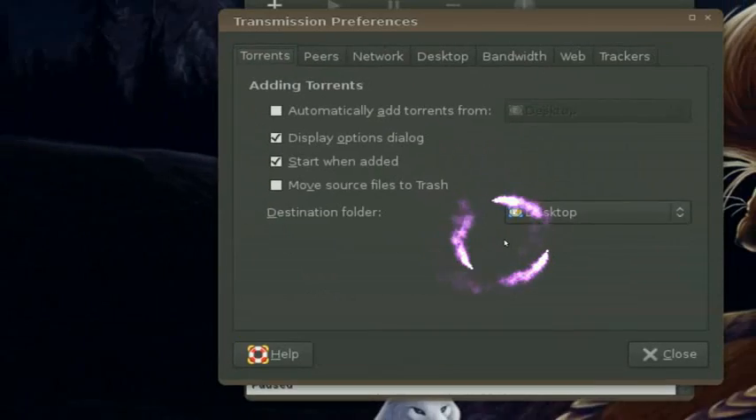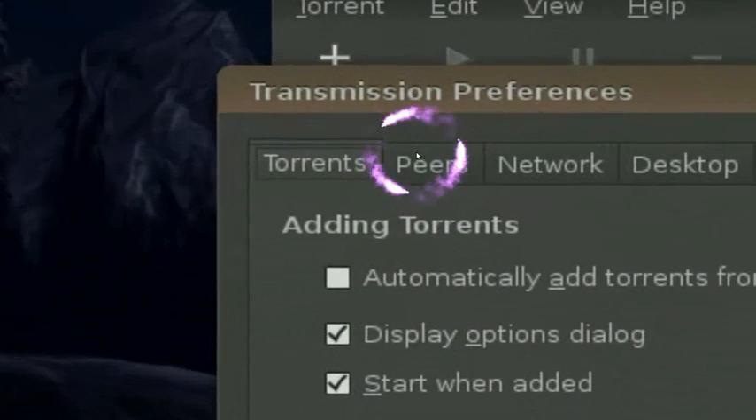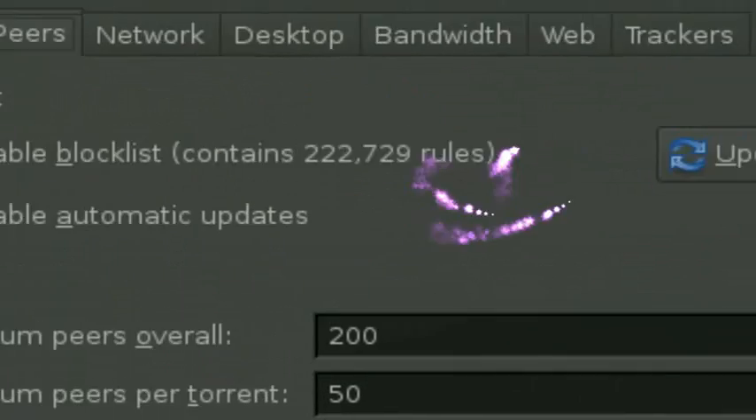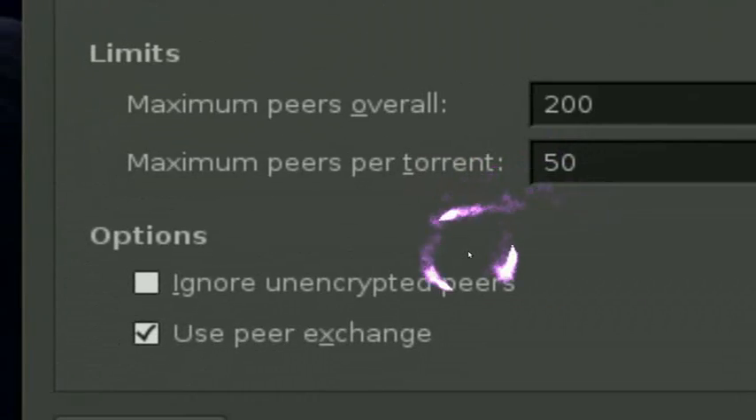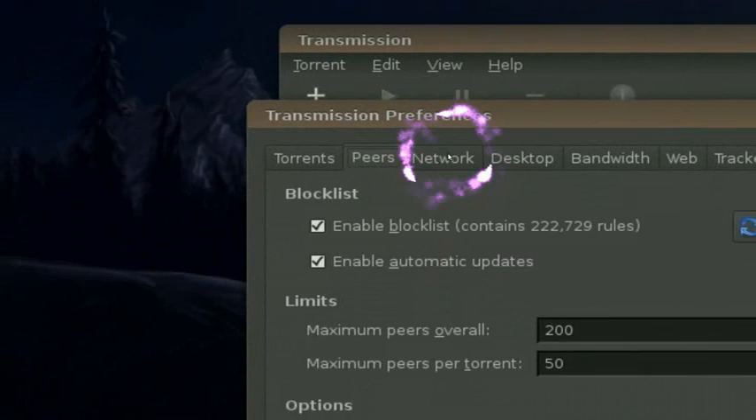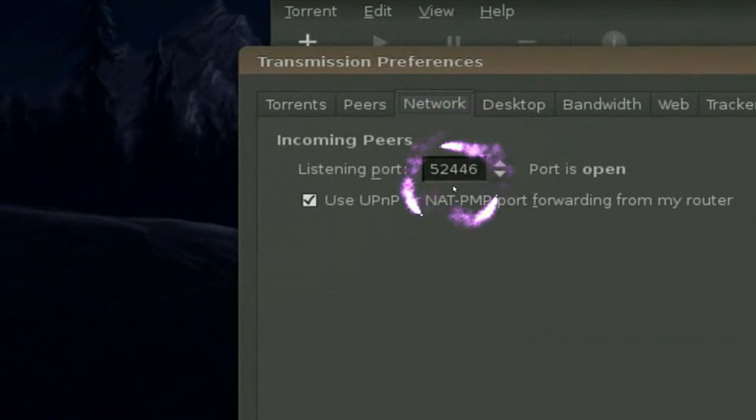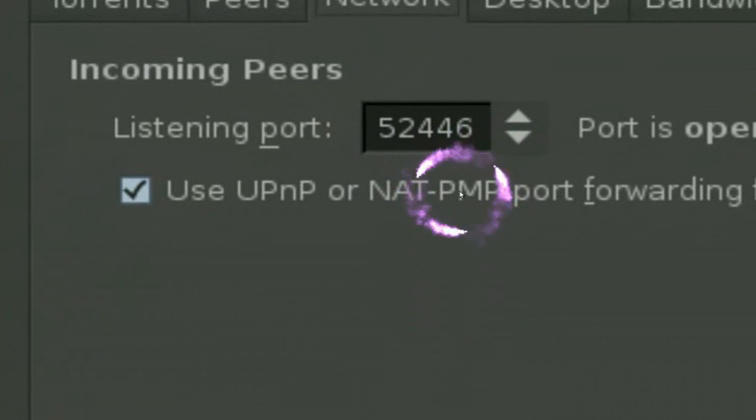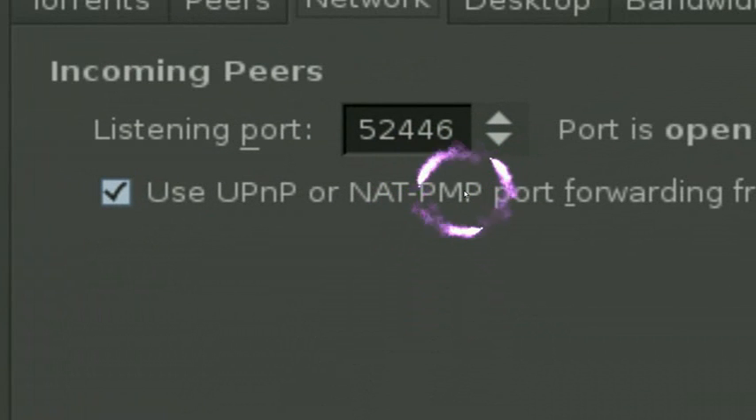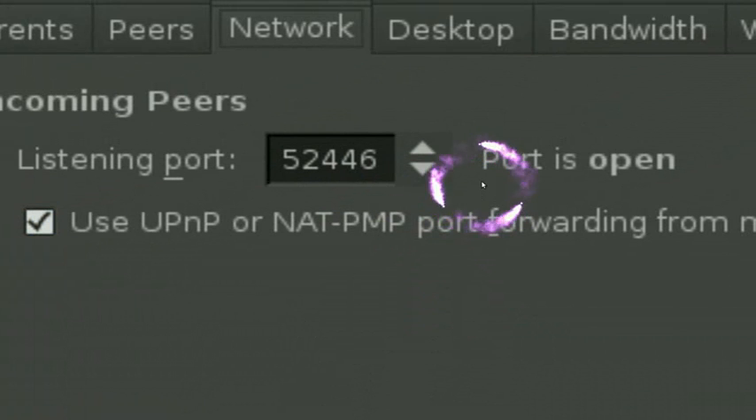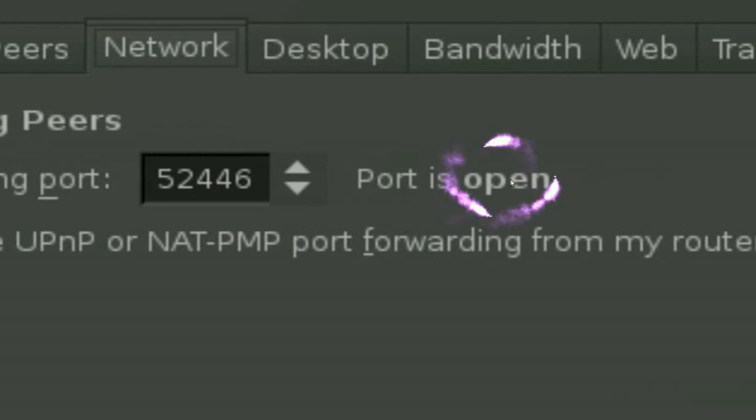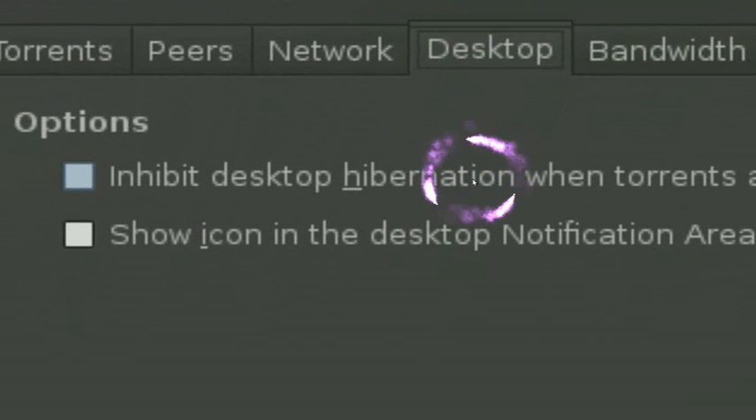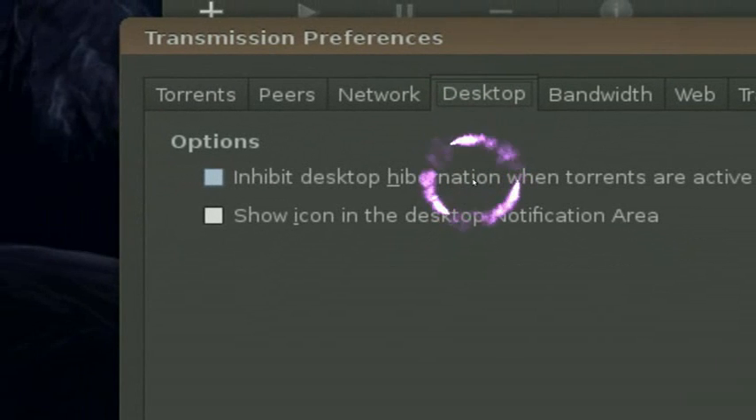they updated some new ones, like in the Peers tab. You can automatically update your block list now. Before you had to manually do it, but now they update it, so I dig that one. In the Network tab, I think they updated this, or is it the same one? But you can do UPnP, right? This is for routers that support it, so it'll automatically forward your ports and make sure whatever port you have is open. And the Desktop tab, I guess they have a hibernation mode, but I haven't really tried it,